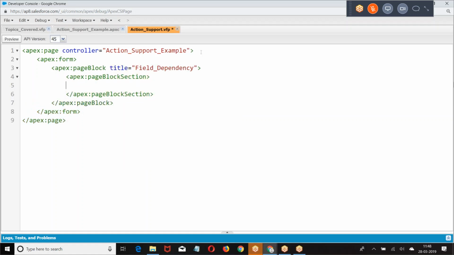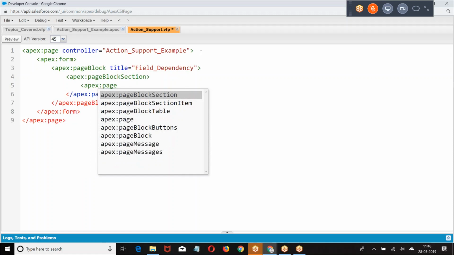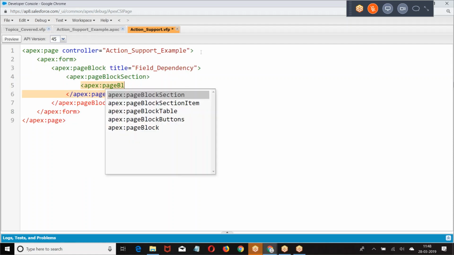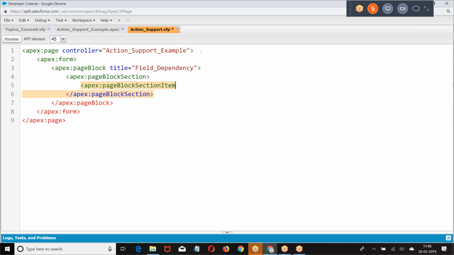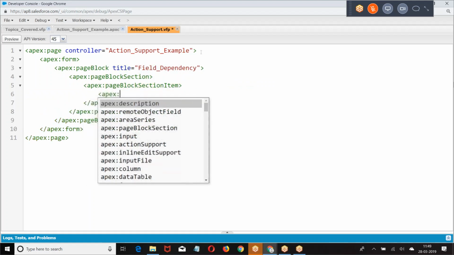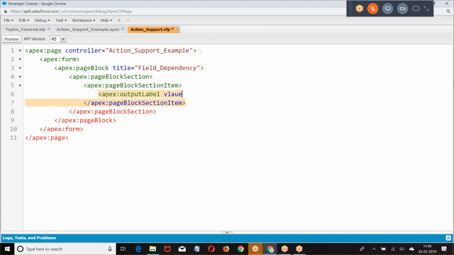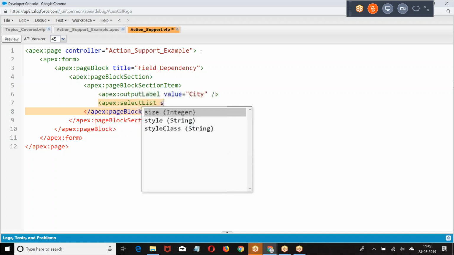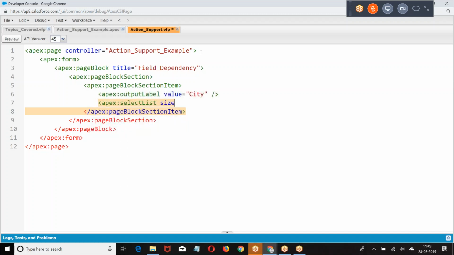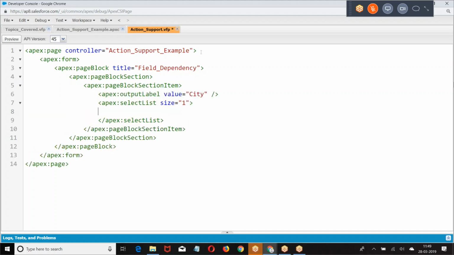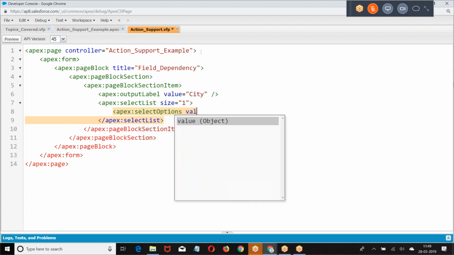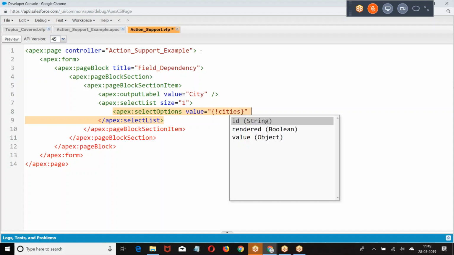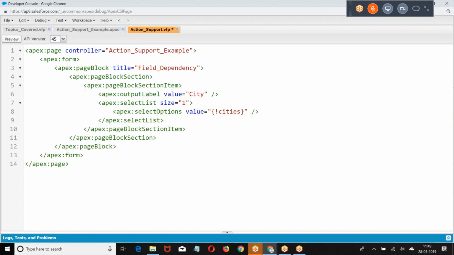Log section. Log section item. Select list is equal to 1. Then I give